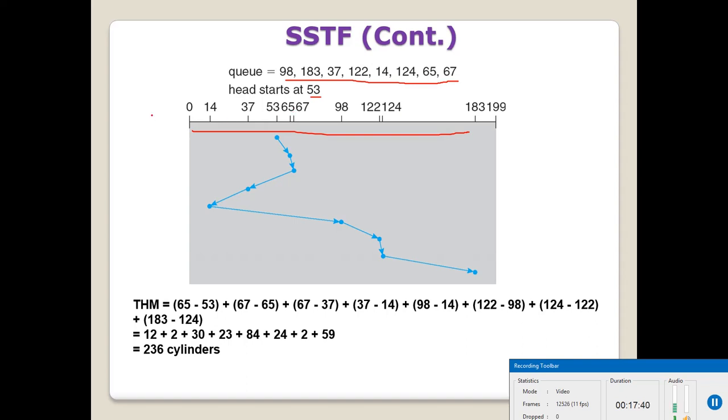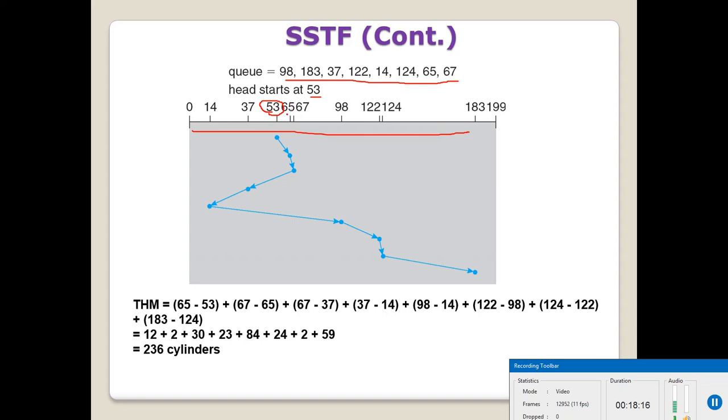Now in this case we have to calculate how to move. The disk head will move to the cylinder which is closest. My current head is at location number 53. So where to move, whether to go to 65 or to 37? From 53 to 65, it's almost 12 locations, but from 53 to 37, it's many more. So the head will move from 53 to 65.